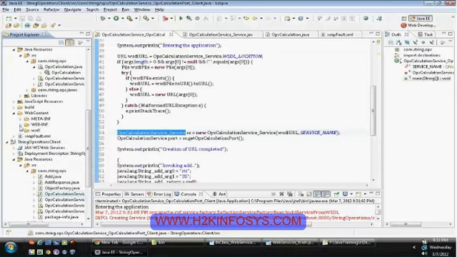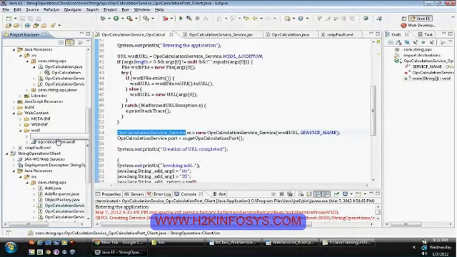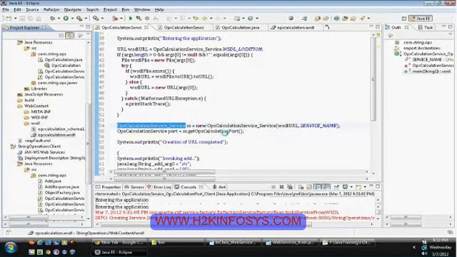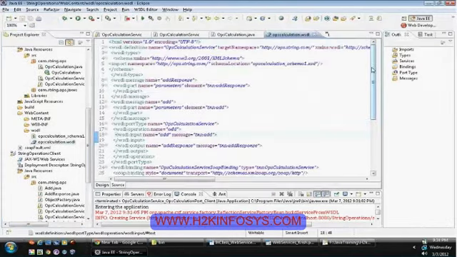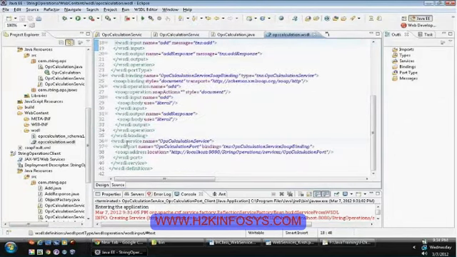There is our WSDL. See, our root class, if you remember yesterday, we mentioned that service is just like our Java class. So you start from the Java class level, and this is your service. Your service has an internal element, which is port.